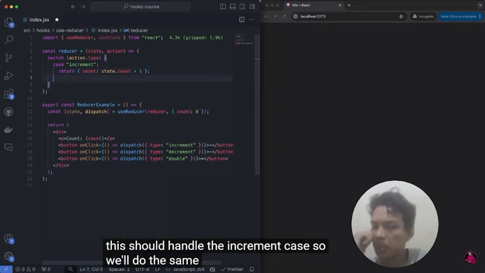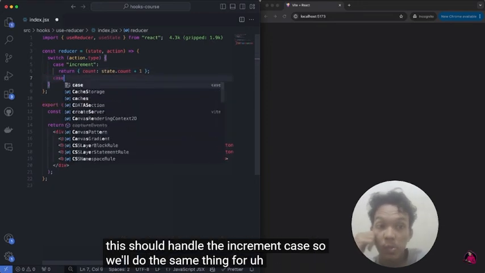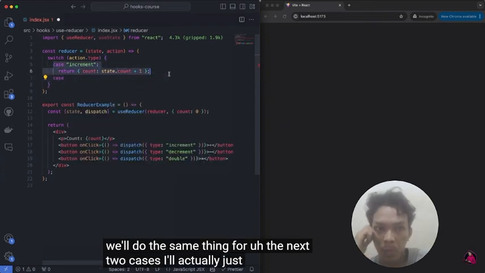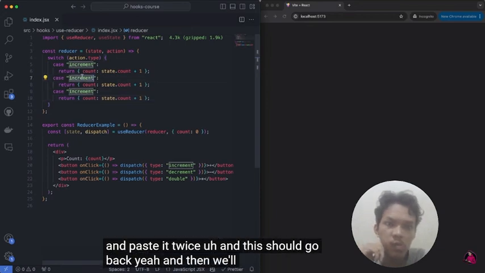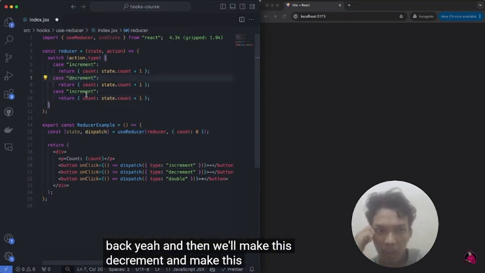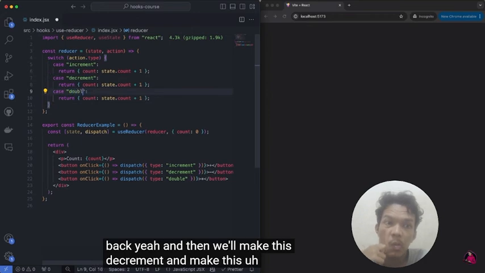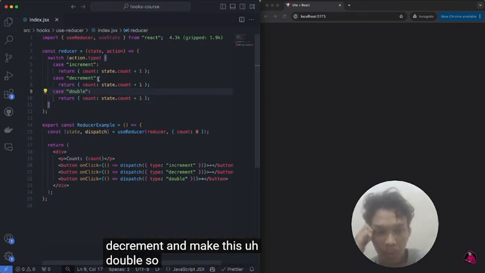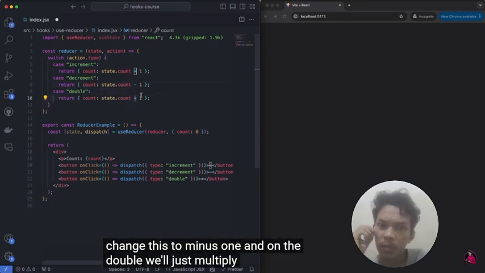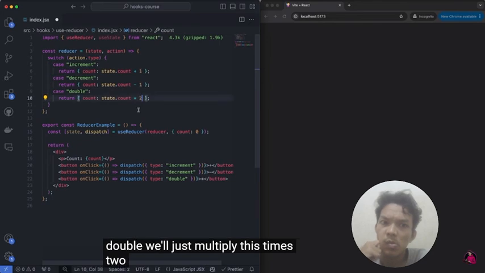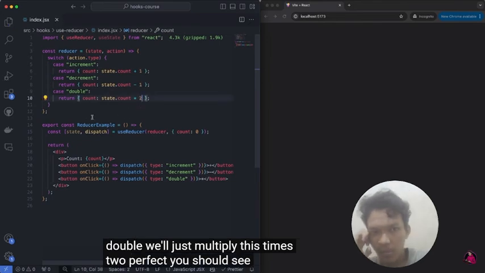So we'll do the same thing for the next two cases. I'll actually just copy this and paste it twice. And this should go back, yeah. And then we'll make this decrement and make this double. So on the decrement, we'll just change this to -1. And on the double, we'll just multiply this times 2. Perfect. You should see now that